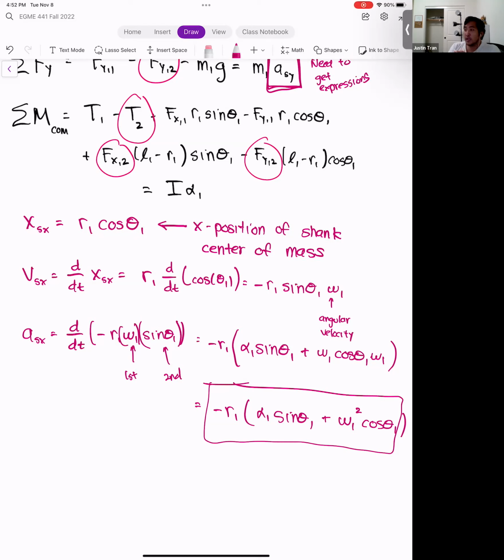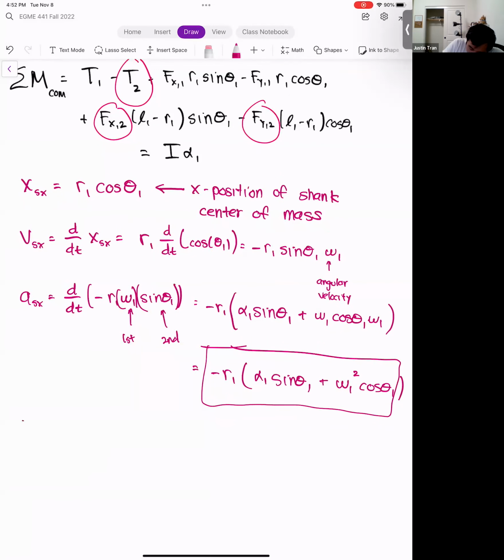Okay, so that's the linear acceleration of the shank in the x direction. So you're going to need to do this whenever you do these inverse dynamics problems. You need to take those derivatives. Okay, let's do the same thing for the y. And so in the y direction, you have y sx is equal to r1 sine theta 1. This right here is the y position of the shank